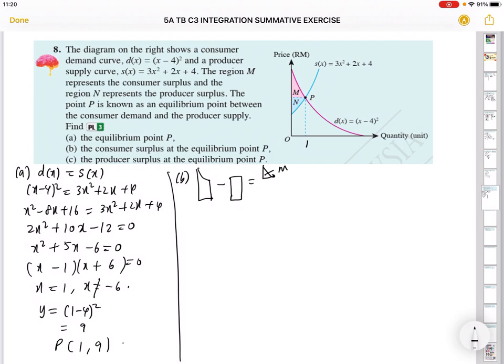Integration of this is not a problem, because we know region M should be